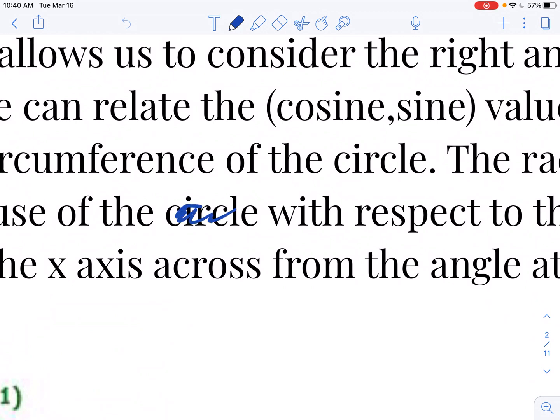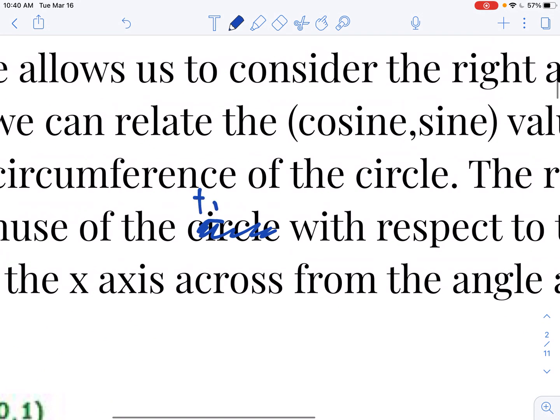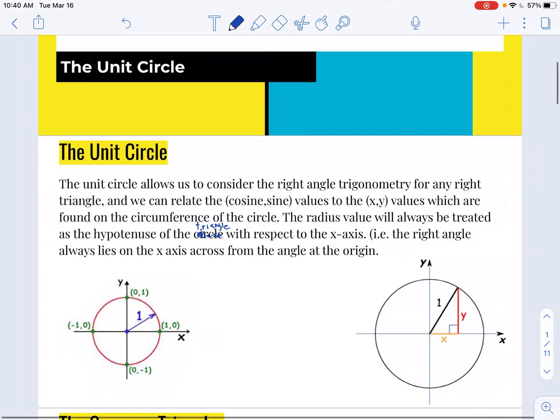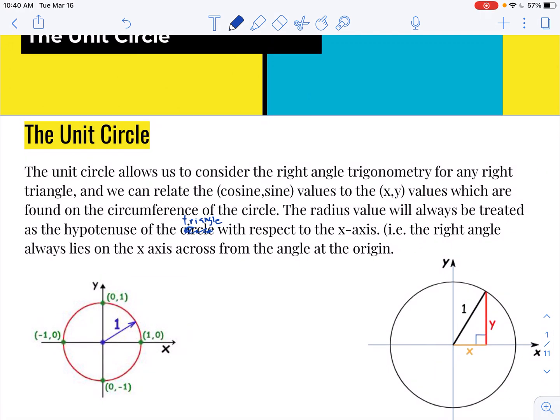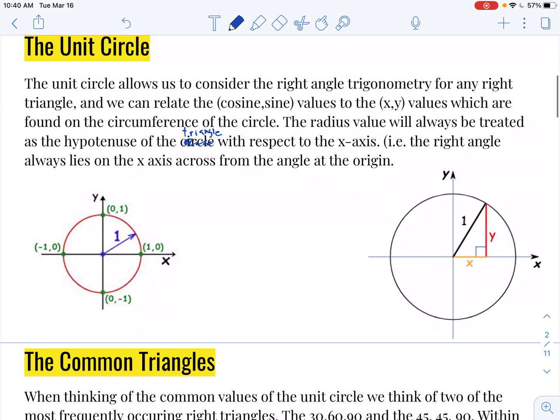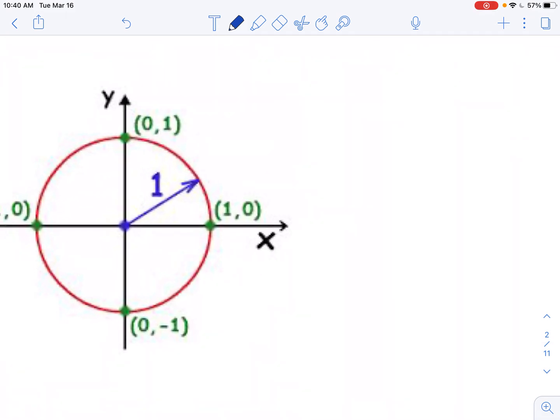This should not be circle, this should be triangle. With respect to the x-axis, the right angle will always lie on the x-axis across from the angle at the origin. Now the key here is that the hypotenuse of our right triangle, or the radius of the unit circle,